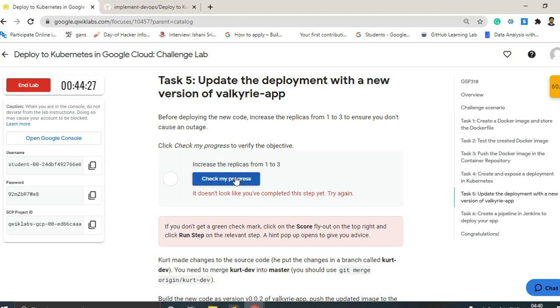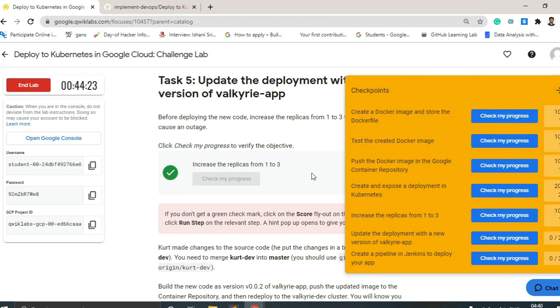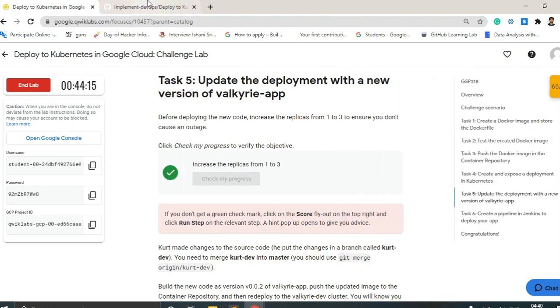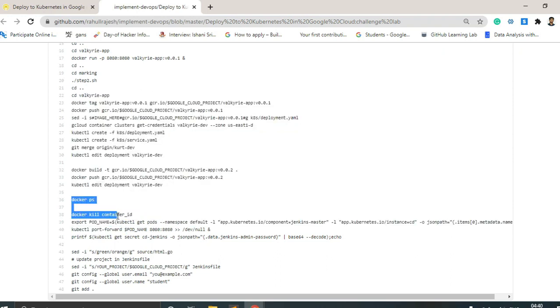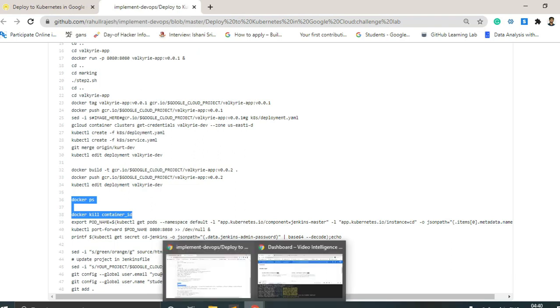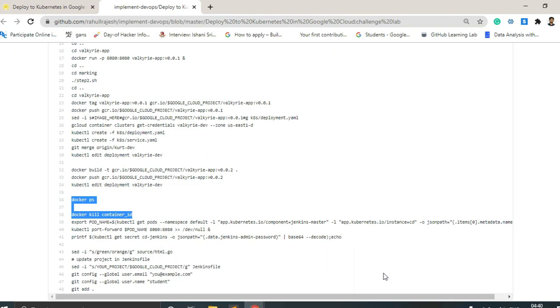So here we check whether we are done or not. Yes, we are done. After that, the next step is to update the deployment with the new version. Okay, now we have to change the version. For that, first of all, we will run this command to see which one is running.